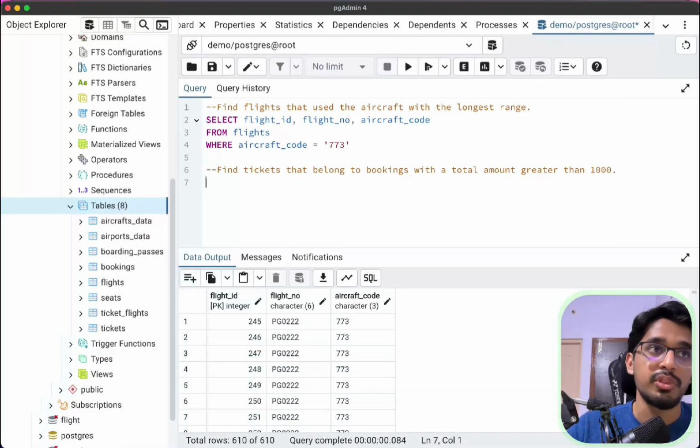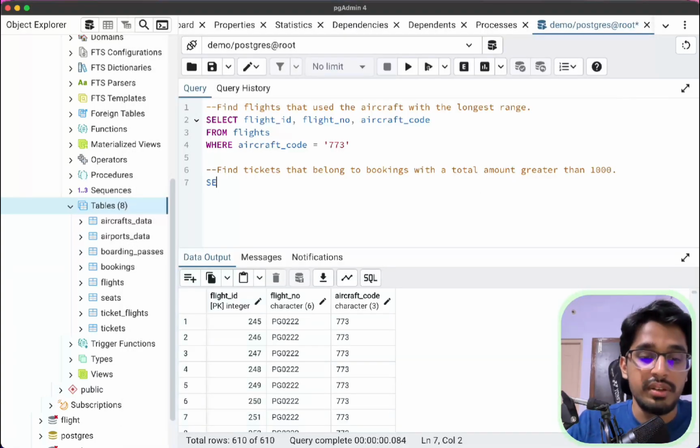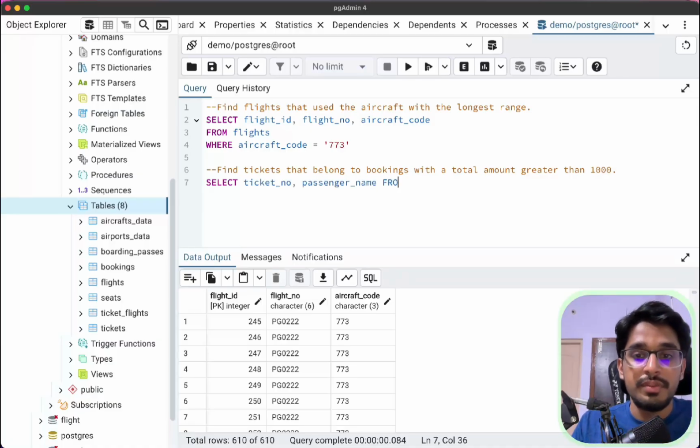So first thing, I'm just going to select the required fields, that is the ticket number and the passenger name. So select ticket number and passenger name from tickets. All right, so next we can just put a where, and here we just need to bring in the bookings